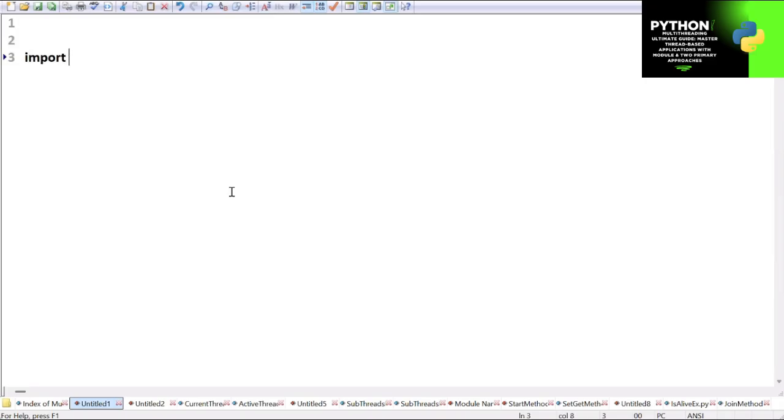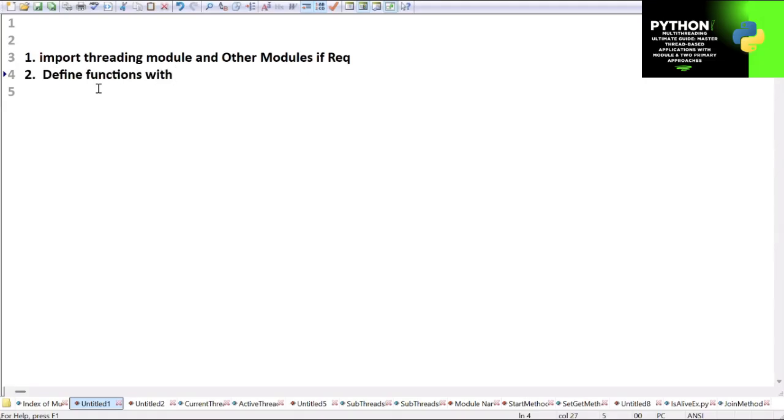Import the threading module and other modules if required. That is the first step. Second step, define functions. Define functions with thread logic. Why am I calling it thread logic? The logic of these functions is executed by threads only. Right? Number 3, create